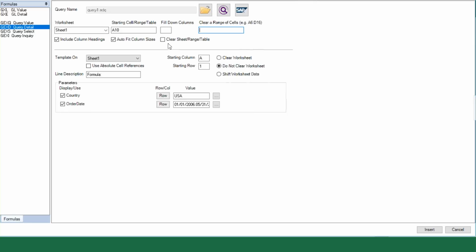I do not want to check this box, clear sheet range cell, because I'm doing a cell will clear the sheet. In my case, my formula and my results will reside on the same sheet, and I don't want to clear that data. So in this clear range of cells, I'm going to say I'd like to clear cells A10, colon,